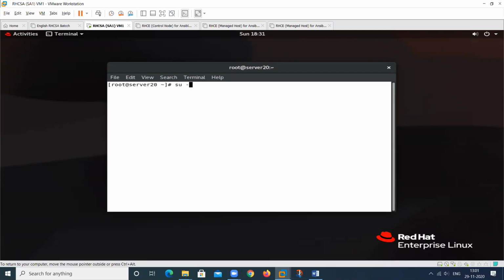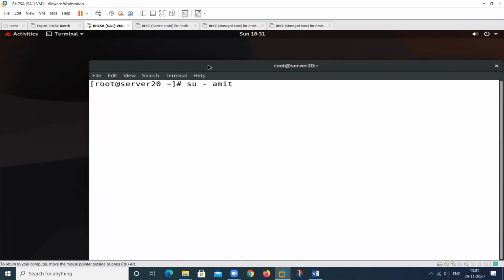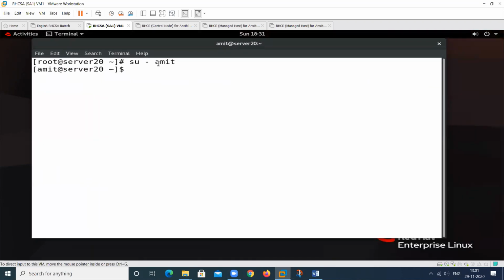Suppose I am logged in by this particular user, amit. Amit is my username, and I'm logging in through this user. You can check here this particular sign, and at this time this particular sign. This sign indicates the regular user. So Amit is a regular user, not a superuser. And this is my host name, this indicates the home directory, and this indicates the sign. You are logging in as the regular user, versus logging in as the root user.